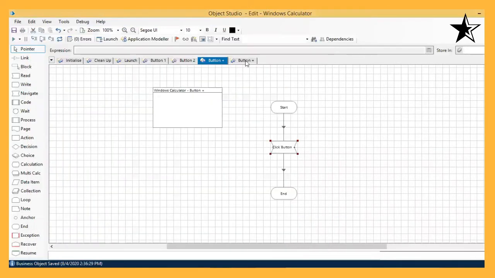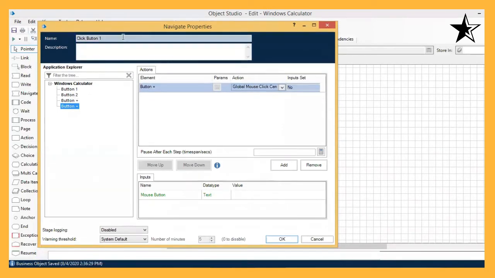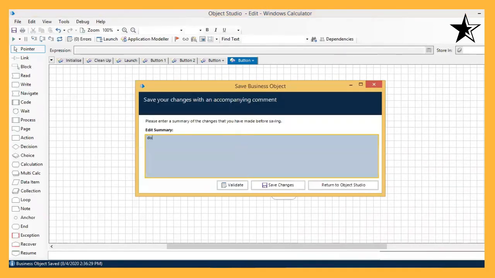Similarly for button equal, select, drag and drop it, and I name it as button equal. Now there is no error. I can save these changes.